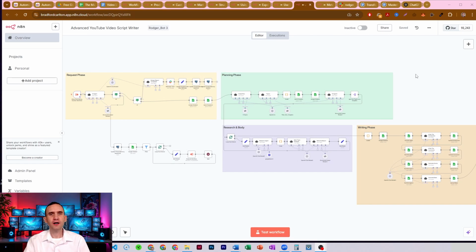In this video, we're going to talk about how you can use code nodes in n8n to save yourself some time and some money by not having to spend money on tokens by using an AI agent. And this was something that took me a little bit of time to figure out with n8n because